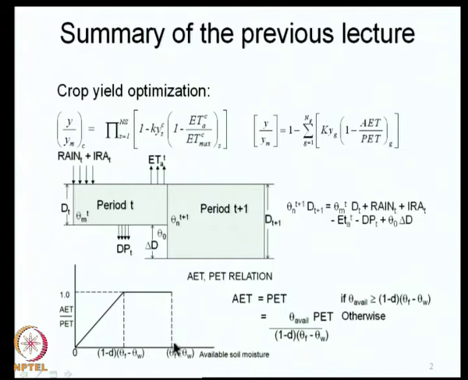By that I mean the soil moisture can go down up to a certain point without affecting the actual evapotranspiration being equal to potential evapotranspiration. So, in this range AET is still equal to PET. Beyond this range, the AET starts decreasing, and then at available soil moisture equal to 0, which happens when the actual soil moisture is at wilting point, the AET becomes 0,